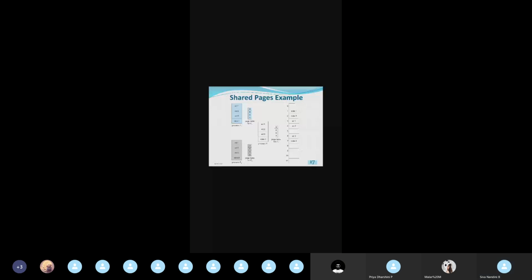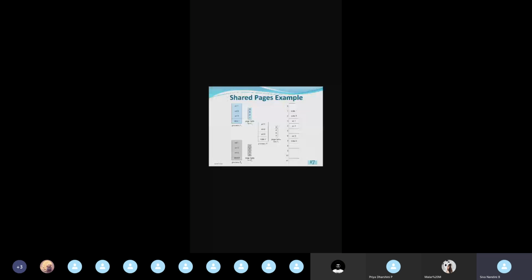So these common pages shared by these processes are known as shared pages. The common pages shared by the processes are known as shared pages. So these shared pages will have the same frame number. See in the page table, you can see for this ED1, ED2, ED3, for process P1, P2, P3, the frame number is the same: 3, 4, 6. Because it is sharing the pages, we can have the same frame number itself in the physical memory.